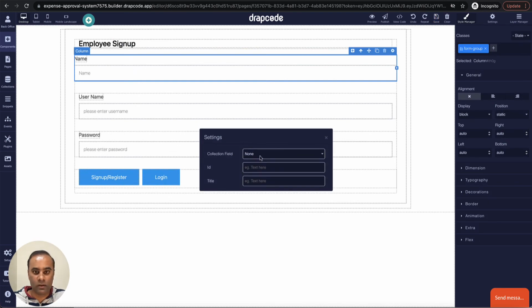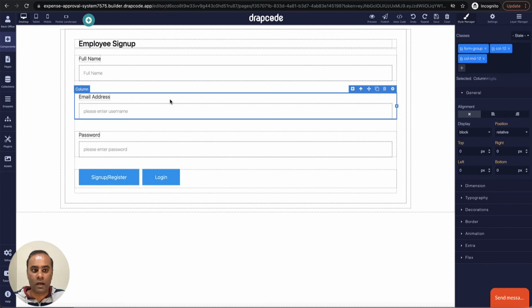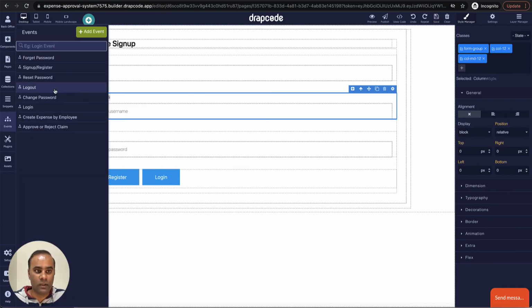And change it to full name. So now when the employee is signing up, we will take the full name, the email address and the password. Okay, so now they will be able to create an account. Now we will have to go and fix the sign up event. In the event, let's go to the sign up event.